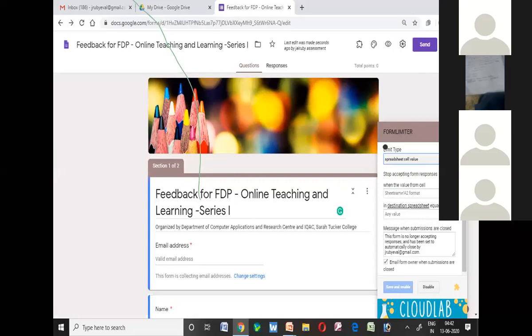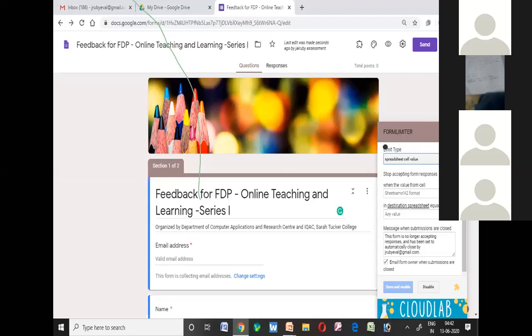Or suppose you want to stop the form once the spreadsheet, that is the Excel sheet you are getting, has a particular cell value, then stop the form.